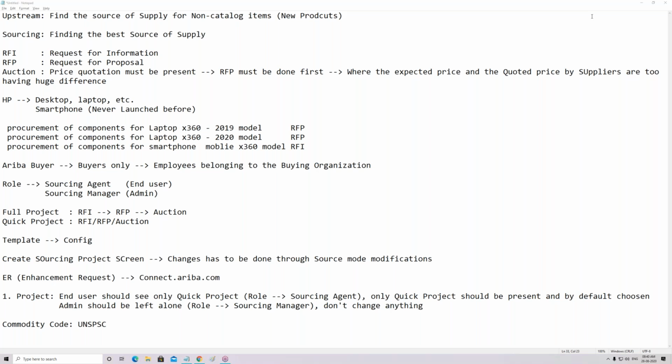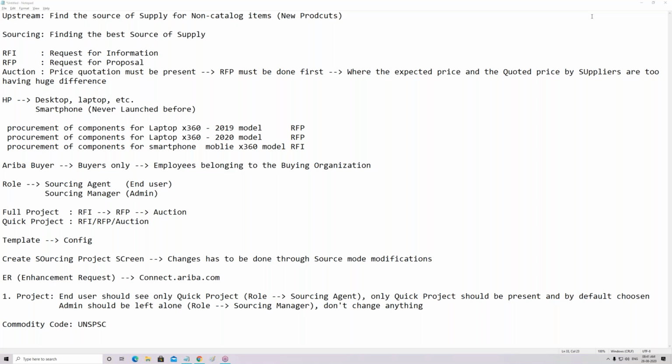But in Ariba, you are having UNSPSC specific commodity codes, which are totally different from the custom version. Just think of yourself: you know English, and you're talking with somebody who knows only Russian. If that guy is talking in Russian, you won't be able to understand what he is saying. And when you talk in English, that guy doesn't know English. So effectively no communication at all. Correct? Same thing over here.